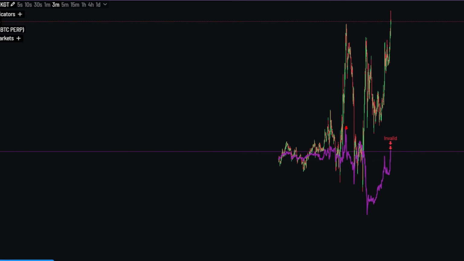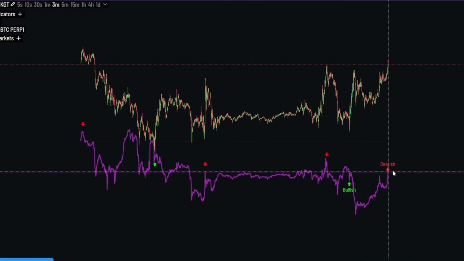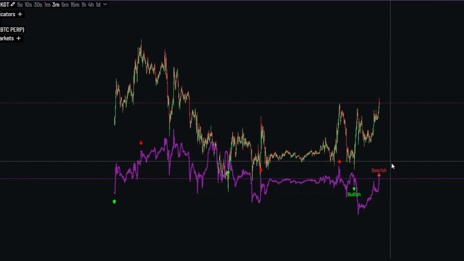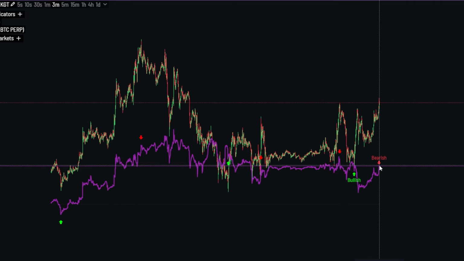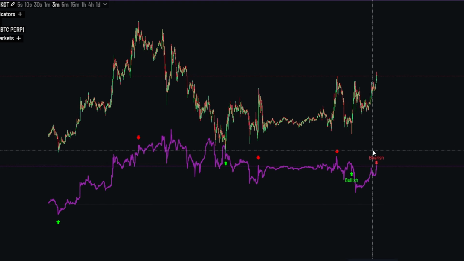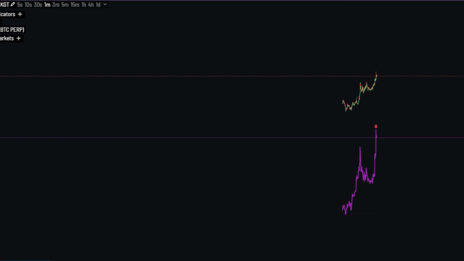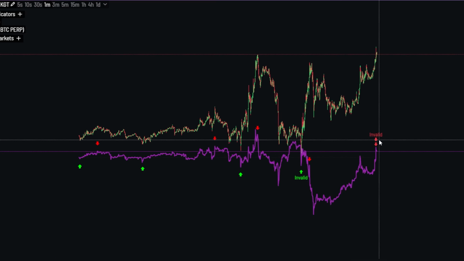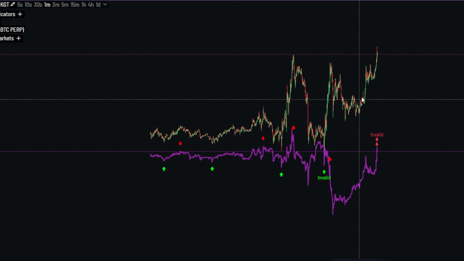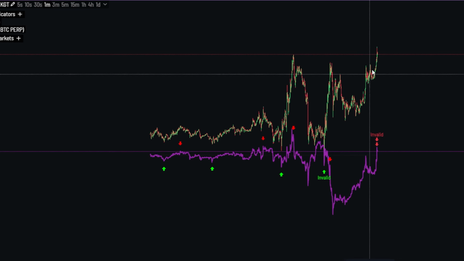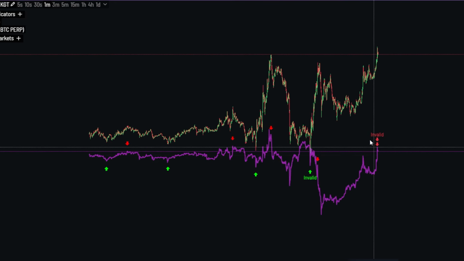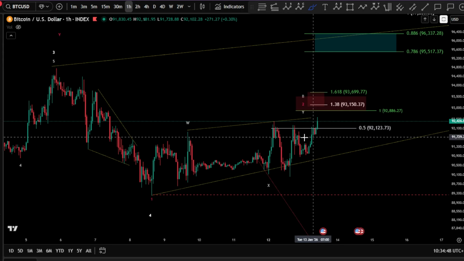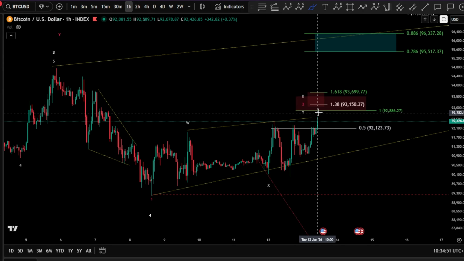Basically on the KGT as well, we have some signals, but of course the bearish one is still there. It's going to be invalidated soon. I mean, once this signal reaches the high there, it might get invalidated. So we have to also be careful with it. On the lower time frame, I think it is already invalidated. Yes, it's already invalidated. That means there is very much potential to continue towards the upside here. We got invalidation as well. So very interesting for Bitcoin. I'm still seeing some strength here that we might reach this target.